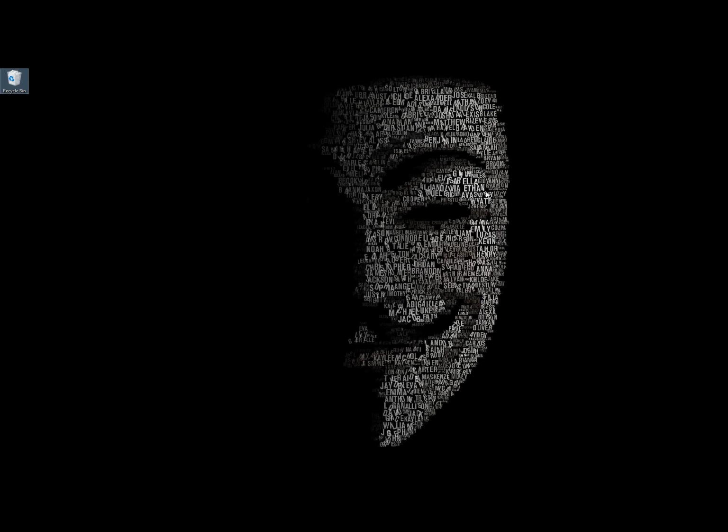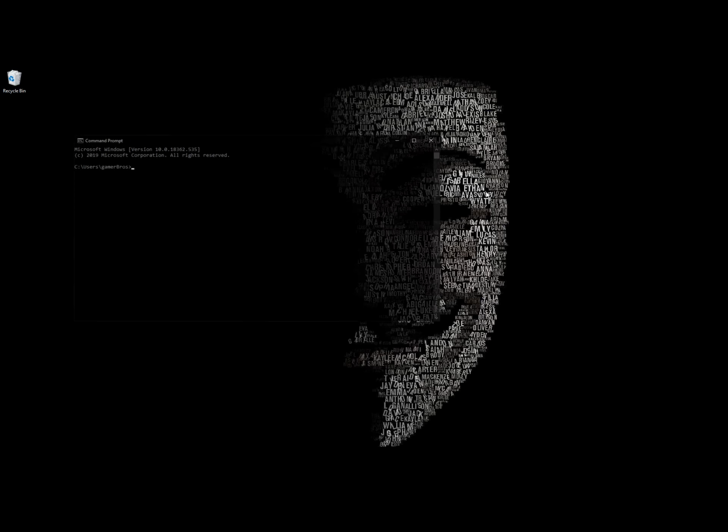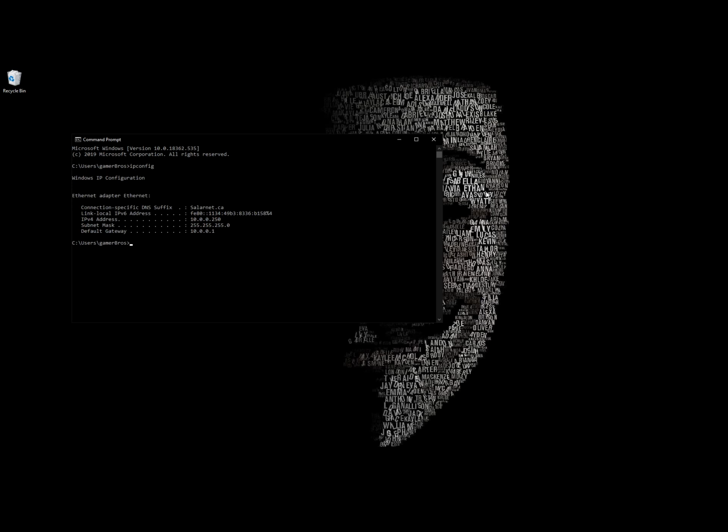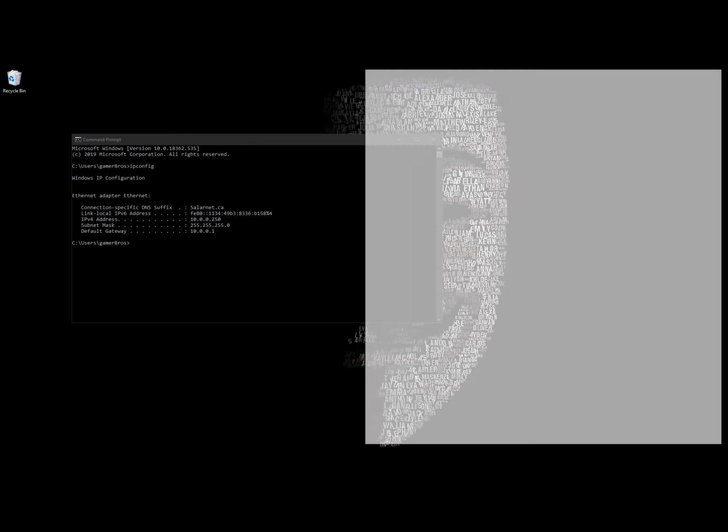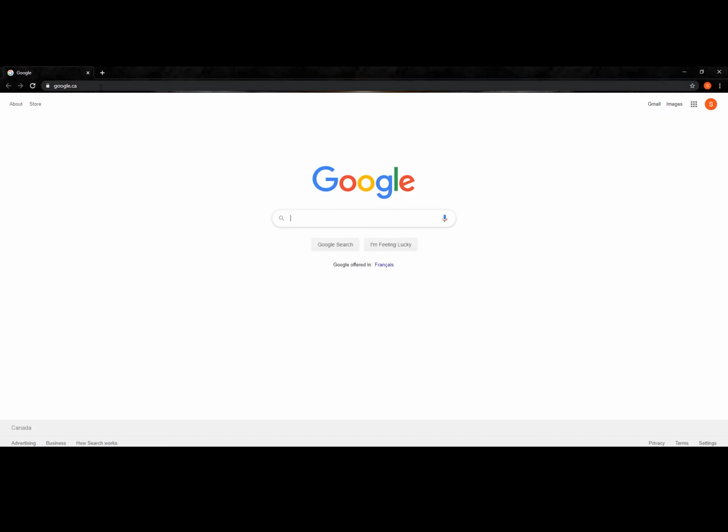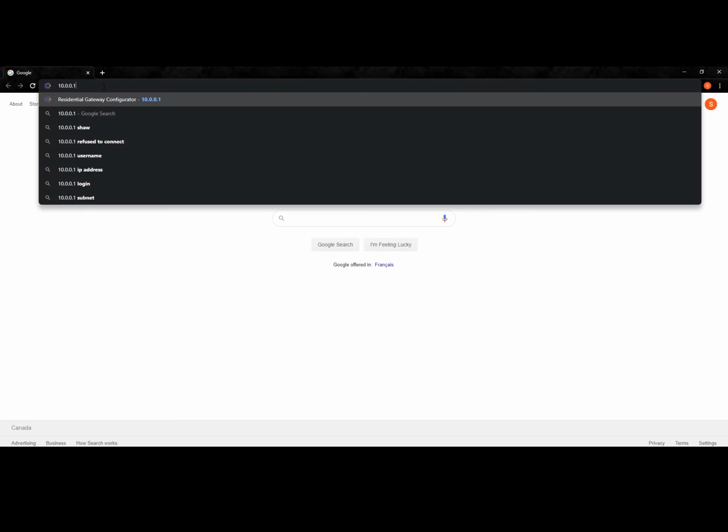What we need to do is to find out which IP address is being used by our router. And to do that, we can open a new command prompt and type in ipconfig. Usually, this IP address is the IP address for your router because most of us use our router as a DHCP server as well, and we can use this IP address to connect to our router. So if I open a browser tab here, we can see if I go there,